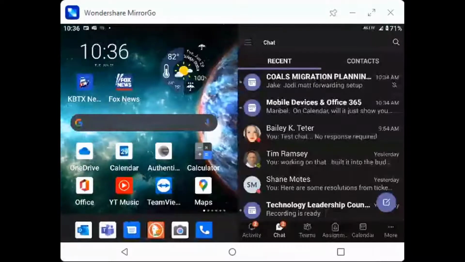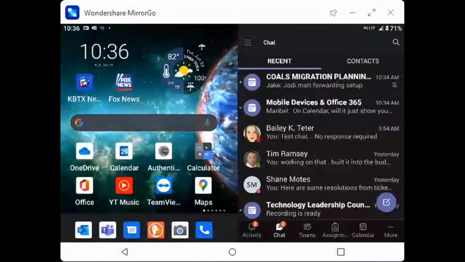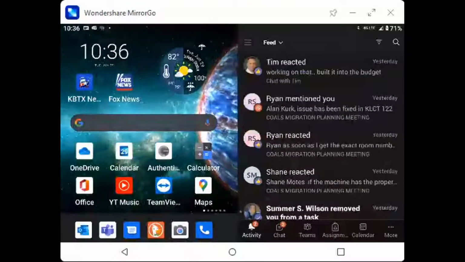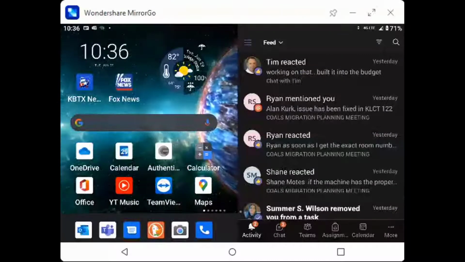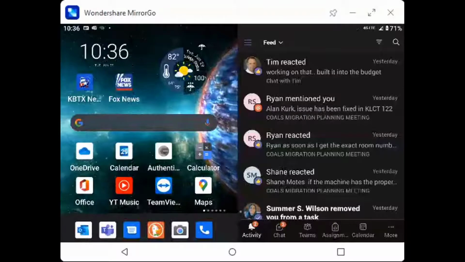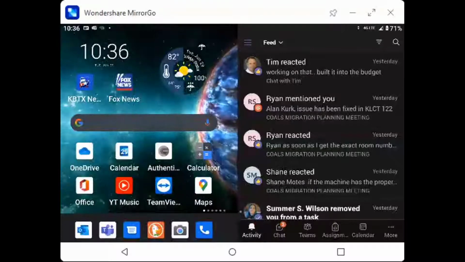This interface here should not look too foreign to you. Down at the bottom, you've got activity, chat, teams, assignments, calendar, and more. We'll kind of walk through some of these. The primary thing that I think is helpful